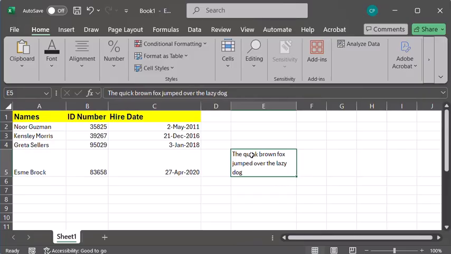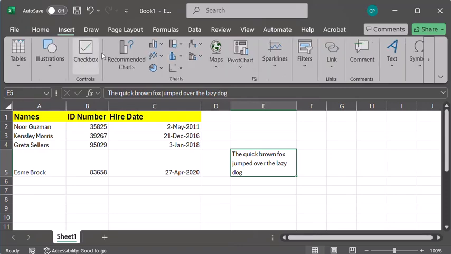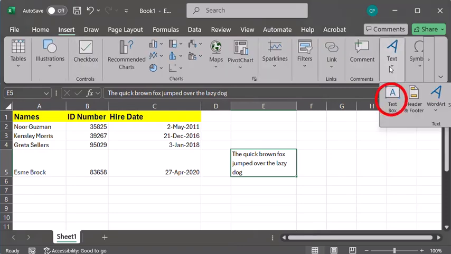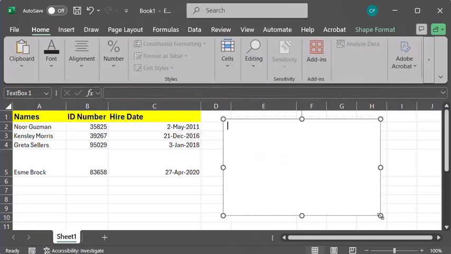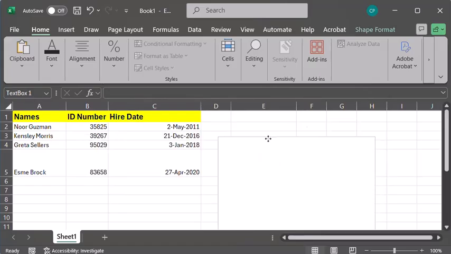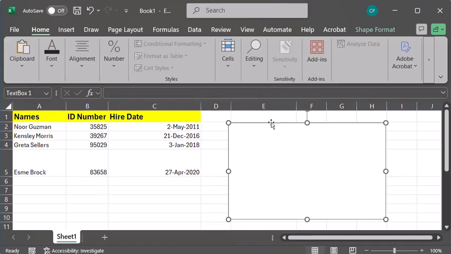If you do want really long text values, especially in this class, if you're writing a long explanation, it might make more sense to do insert text box, which is under the insert menu. You can position a text box and write whole paragraphs and resize it. And this fits just kind of over all the cells. So it just gives you a floating text box within your Excel spreadsheet.